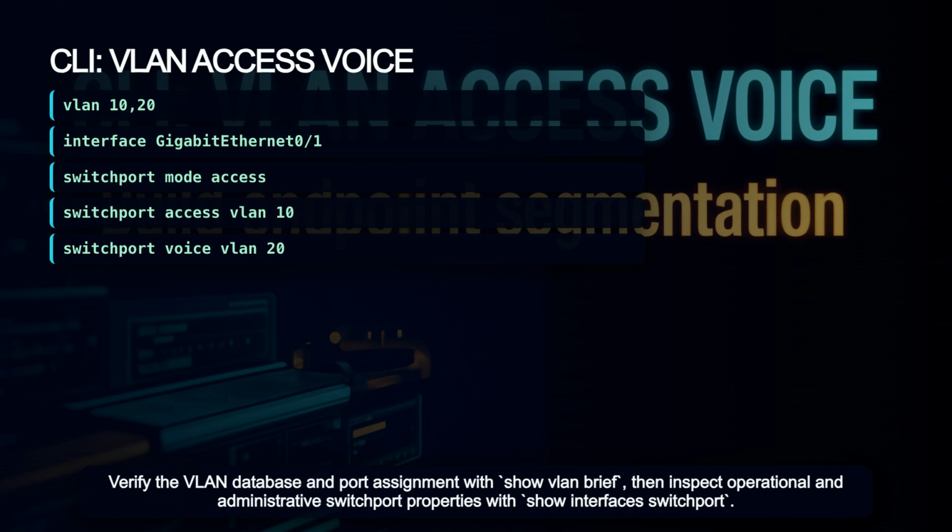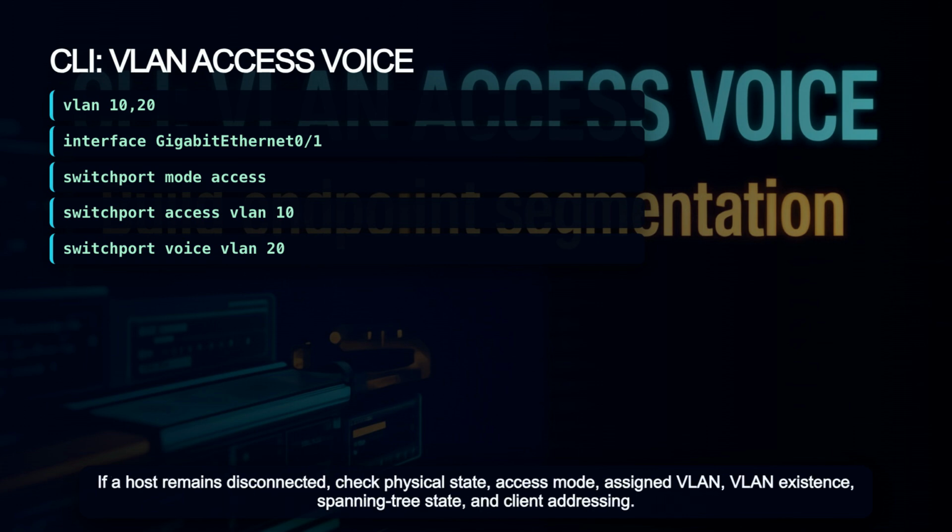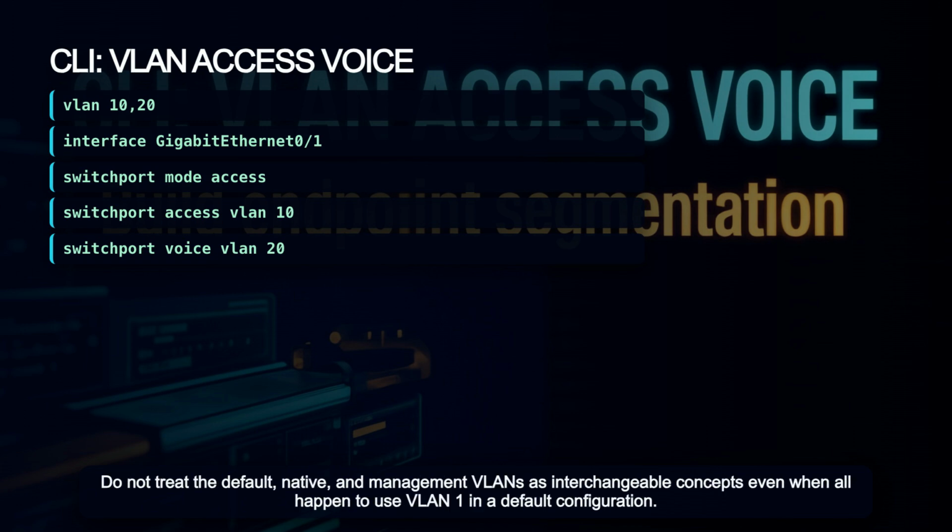Then inspect operational and administrative switchport properties with show interfaces switchport. If a host remains disconnected, check physical state, access mode, assigned VLAN, VLAN existence, spanning tree state, and client addressing. Do not treat the default, native, and management VLANs as interchangeable concepts, even when all happen to use VLAN 1